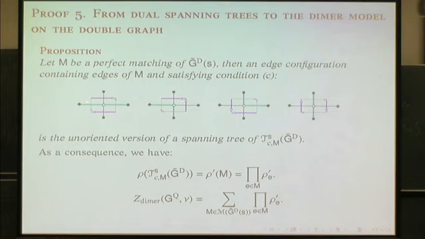Okay, always. So for example, if the dimer edge is this one, then you have two local possibilities, this one and this one. Not these ones, because they don't have the dimer edge. So for every dimer edge, you know that you have two possibilities. And what is the contribution? So you have the edge of the dimer weight, which is what we want, and then you have the sum